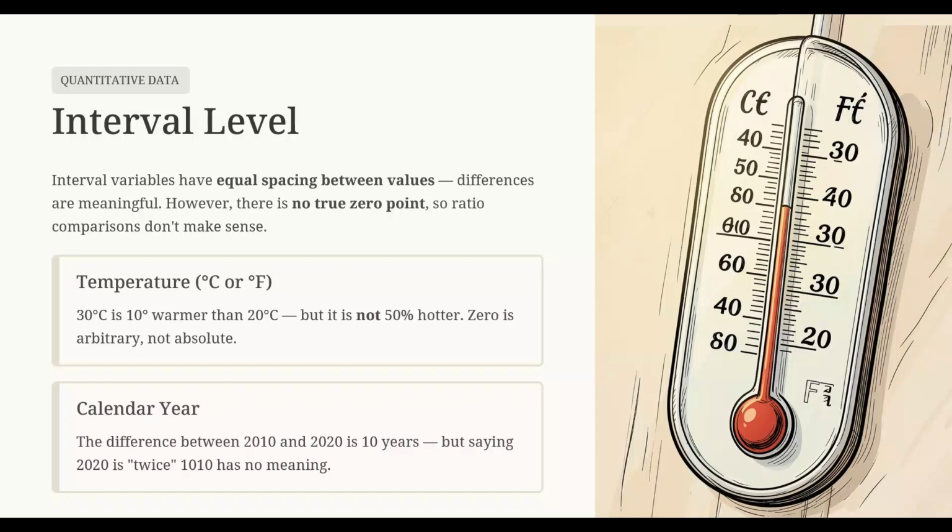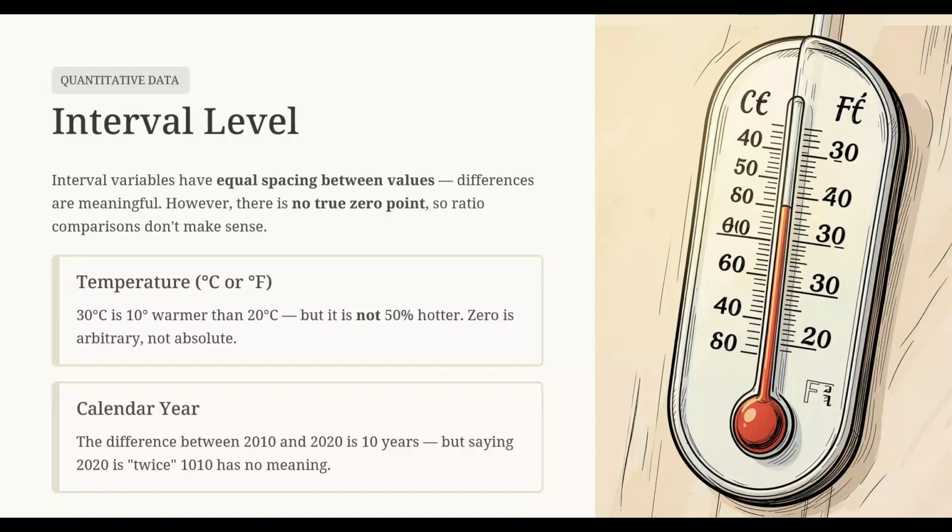Interval level. An interval variable has equal spacing between values, which means the difference between two numbers is meaningful. However, it does not have a true 0 point. The most common example is temperature measured in Celsius or Fahrenheit. Suppose today's temperature is 20 degrees and tomorrow it's 30 degrees. We can confidently say that tomorrow is 10 degrees warmer, but